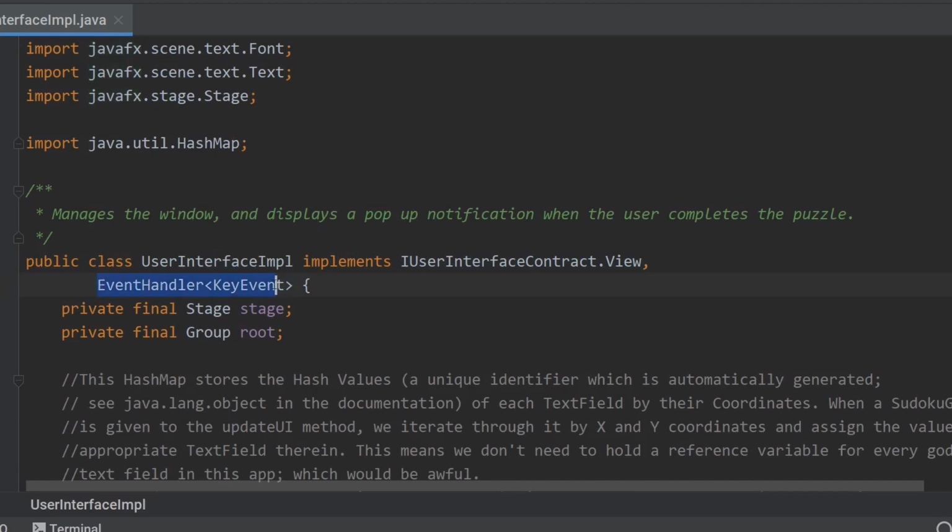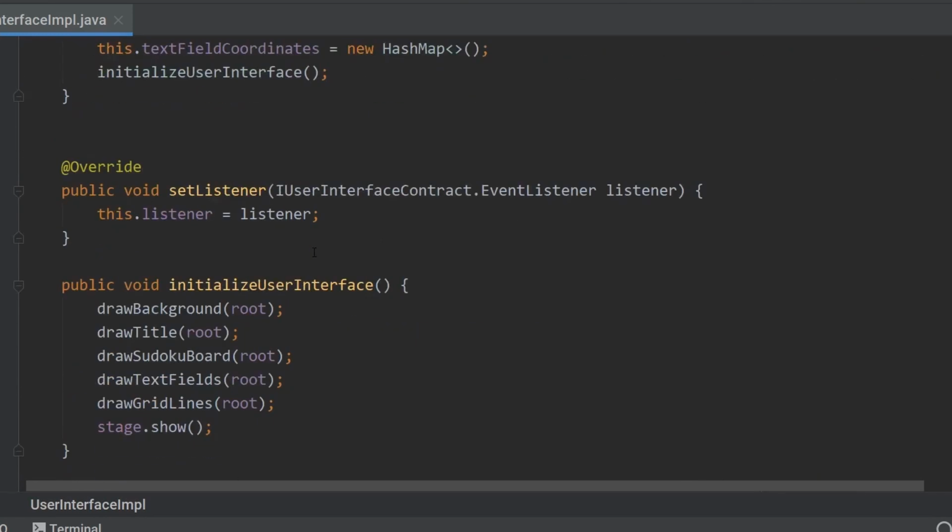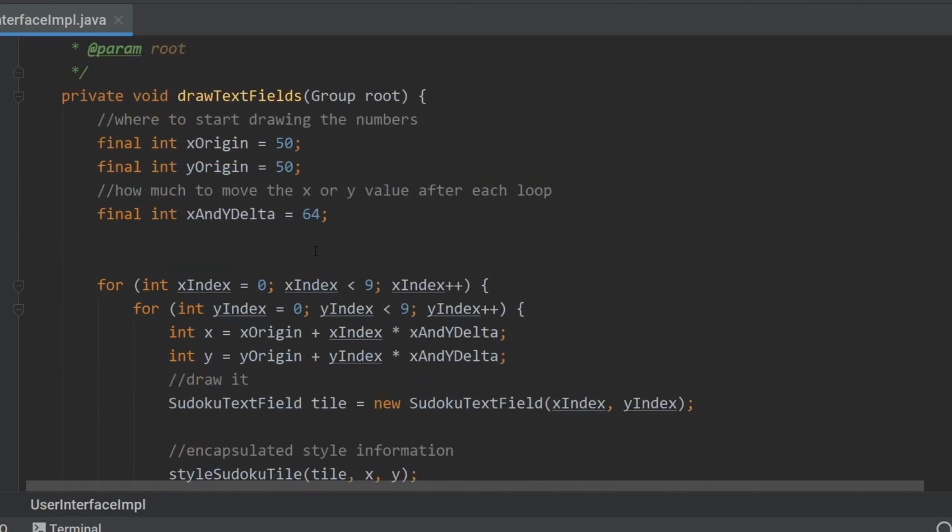We need a way for the JavaFX code to send messages to this class which I wrote. I achieve that by making this class implement the EventHandler interface and registering that interface with every part of the application which the user can manipulate. For example, in this app I build a text field for every square in the Sudoku puzzle.